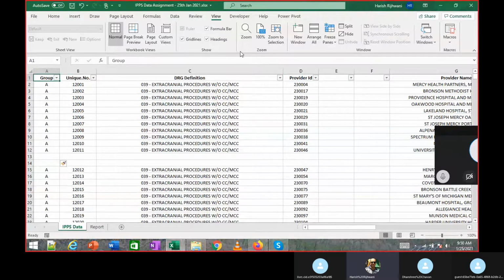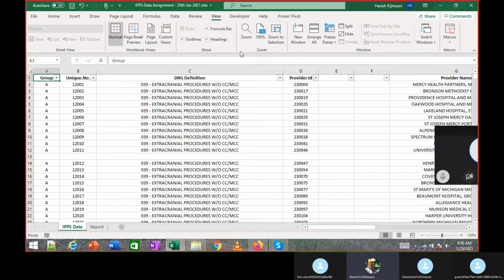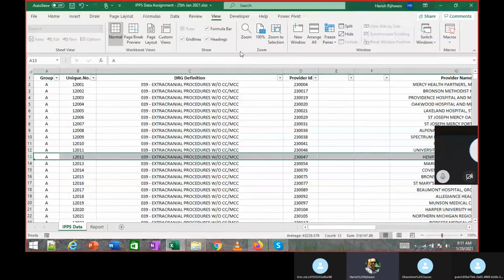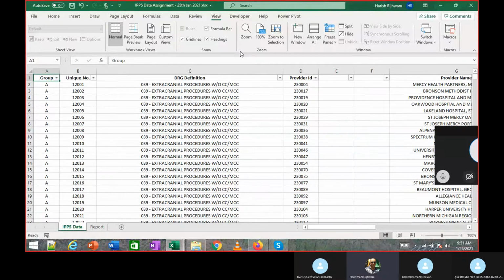Now the challenge which was there, in terms of Control plus right arrow, Control plus left arrow, is it is going to go to the last used cell. If there is a gap in between, it's going to stop over there. So like over here, I'm going to cell A1 and I do Control and down arrow. It does not go till the end because there is a gap in between. If there was no gap in between like this, then it goes to the last cell. Okay. Yes, sir.